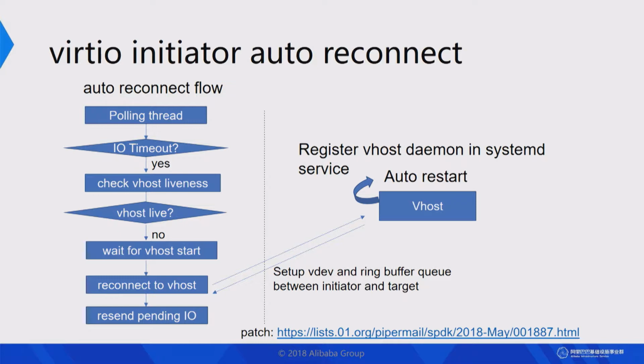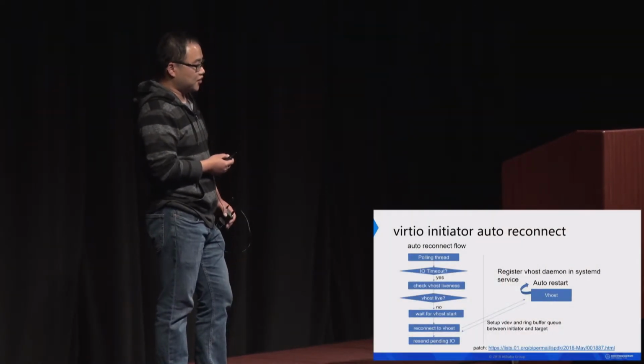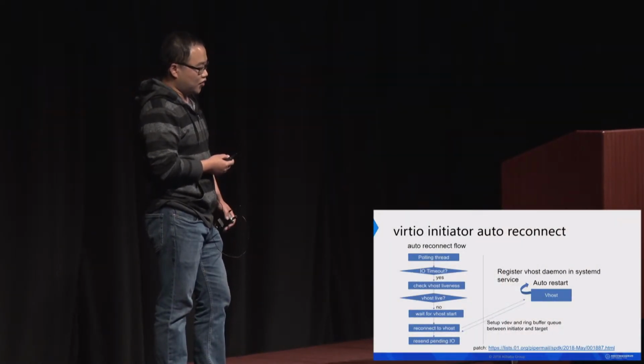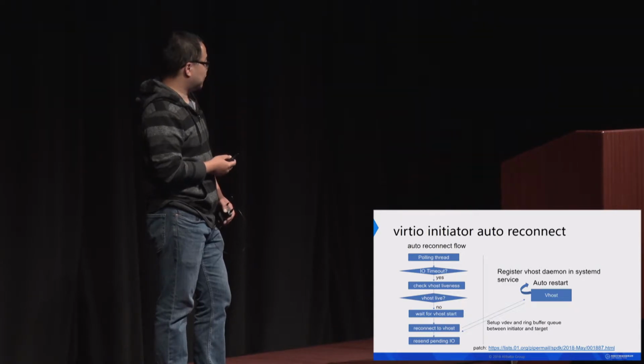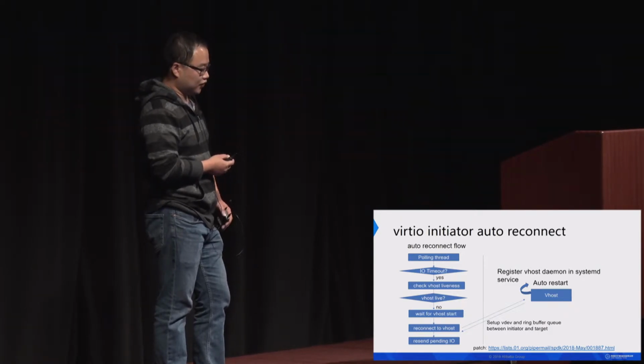When the polling thread at the virtio initiator side tries to poll the completion event, it also checks whether any IO timeout has happened on pending IOs. If we find an IO timeout, we check the vhost library. We send a heartbeat to the vhost monitor socket,